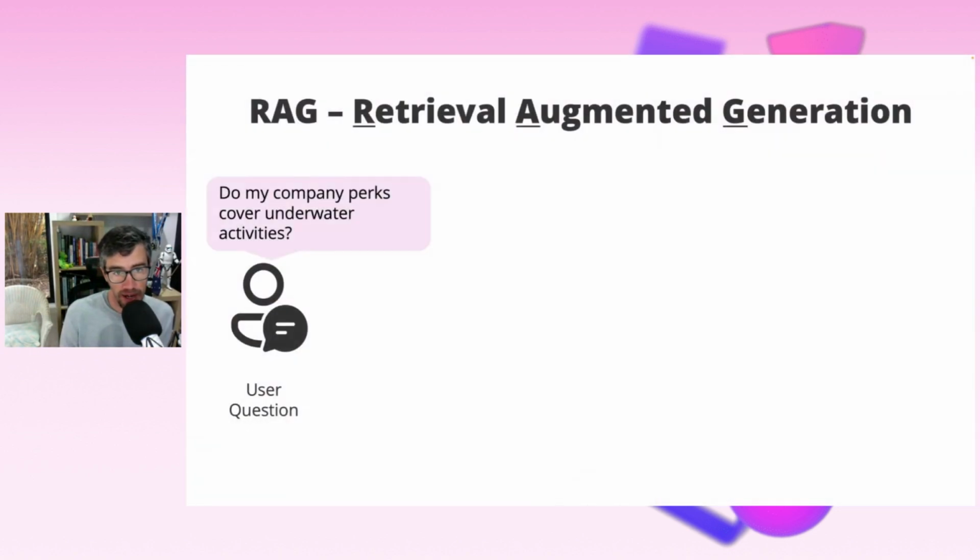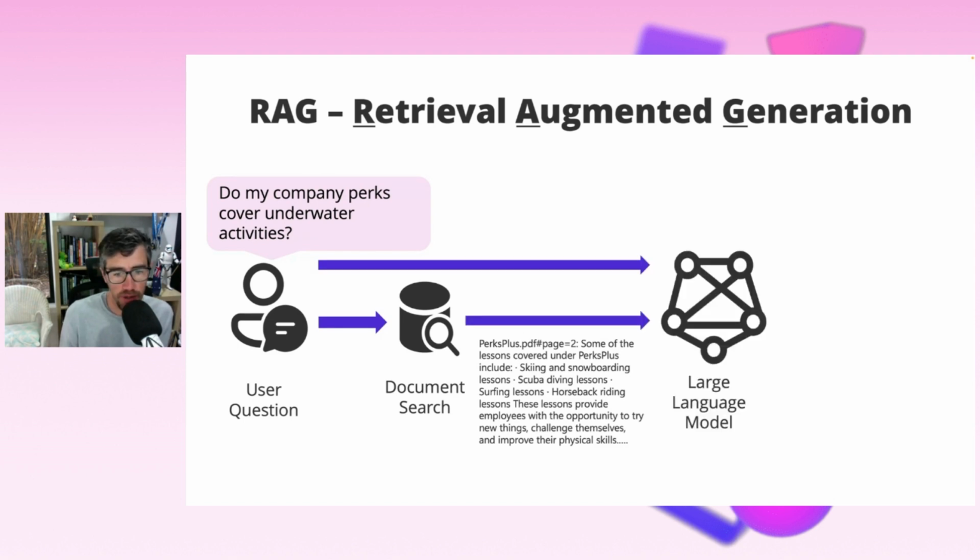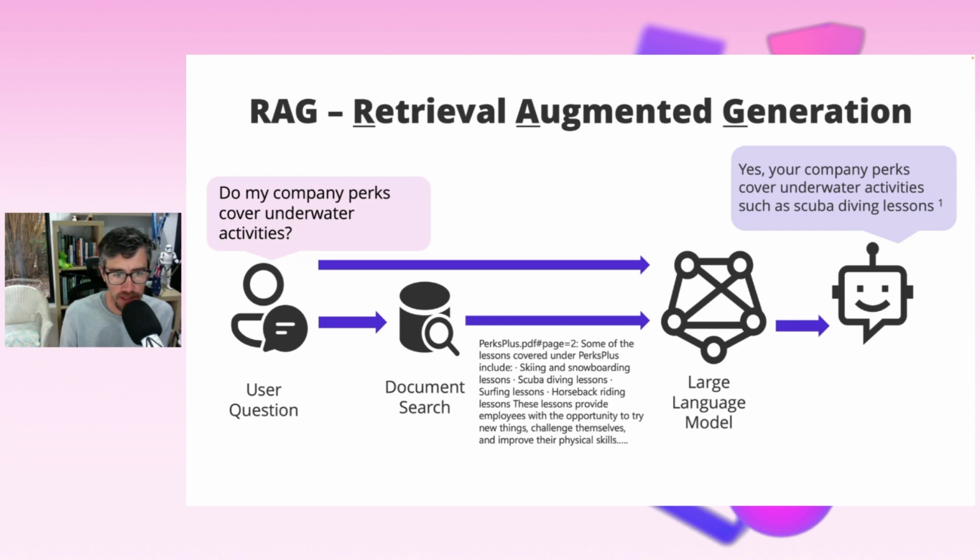So this is a RAG application that I demoed. The idea is that you have a user question. You would look up your specific documents. That's the retrieval component. The results of that, using some kind of vector search, would be augmented into a chat completion query. And then you'd use an LLM to generate a response back to the user.